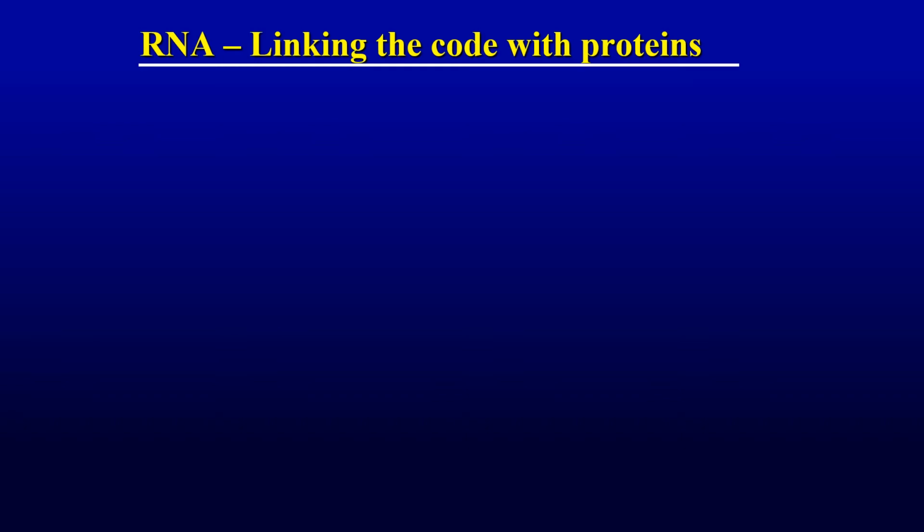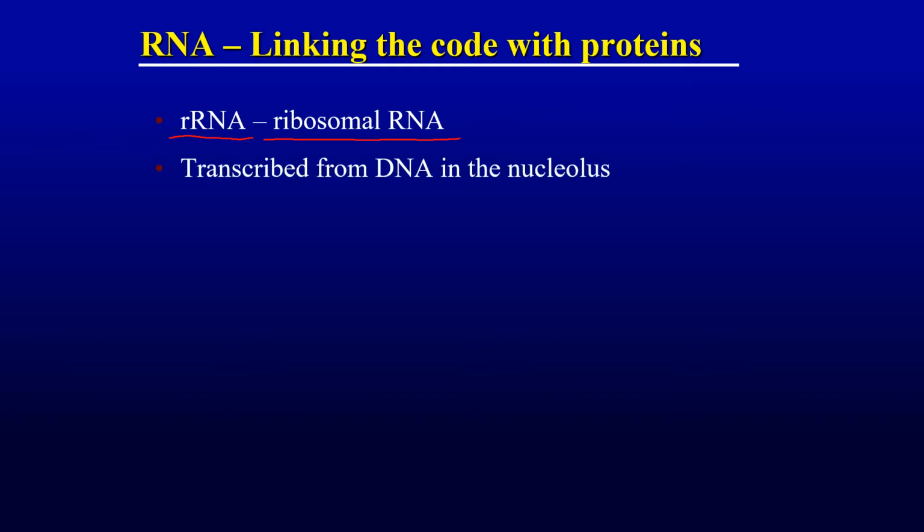Okay, so let's have a look then at our third player in this game. We've got rRNA, and the R in rRNA stands for ribosomal RNA, and it's ribosomal RNA which is largely what forms ribosomes. So ribosomal RNA is also transcribed from DNA, but is transcribed in the nucleolus. Now the nucleolus, if you remember, is a dark region within the nucleus of eukaryotic cells. It's not membrane enclosed, it's just a darker region within the nucleus, and it's the location where ribosomal RNA is